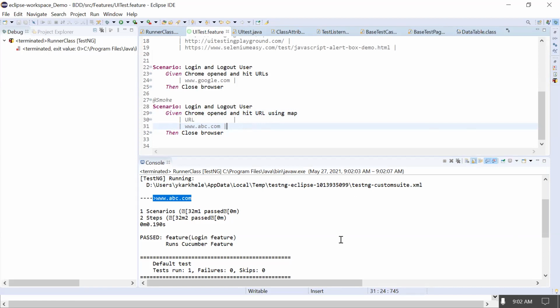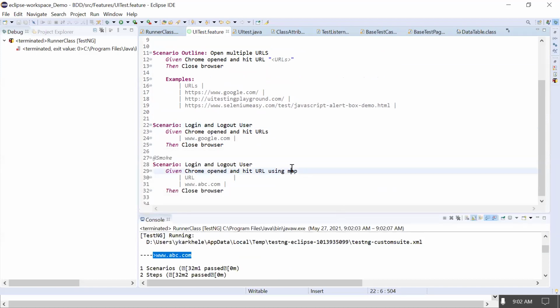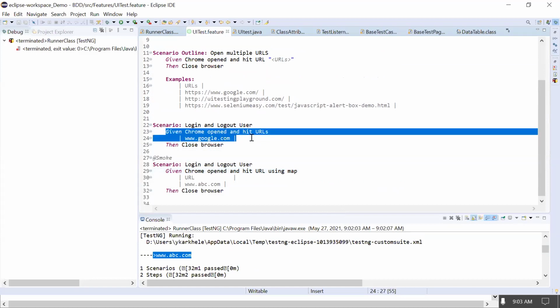Yeah, Diksha. First you passed this www.google.com in the scenario above. You're talking about the Outline one, line number 22? Yes. I understood the outline one, using multiple data at one time. So this is data, or are you opening the URL? It's data. Instead of that, it can be anything, like a name also? Yes, it can be anything. This is applicable only for this step.